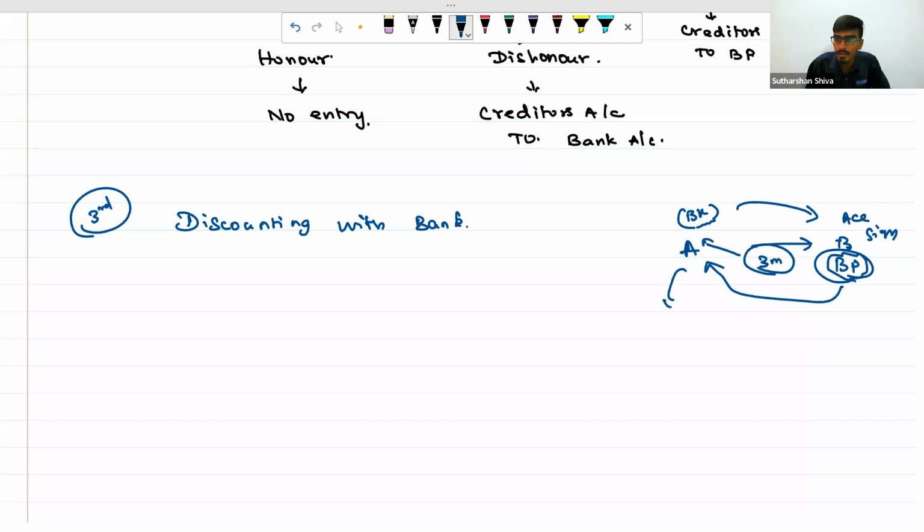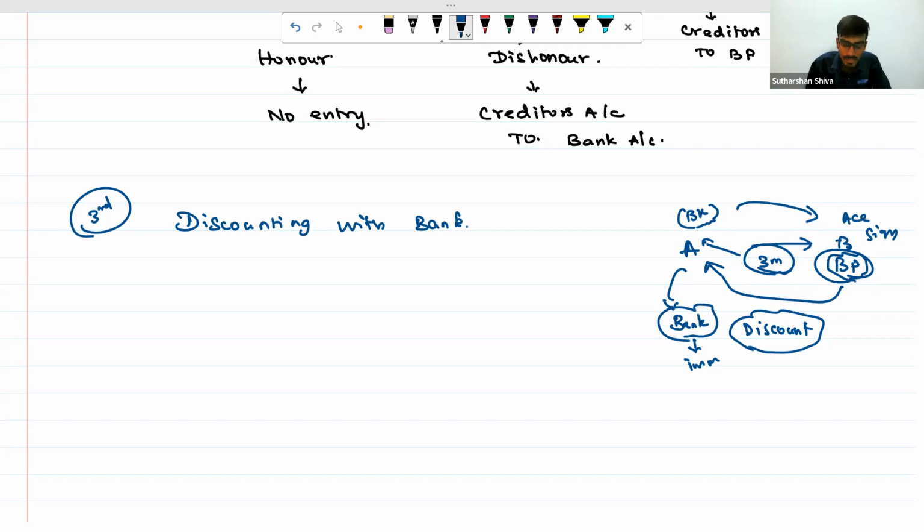What A has done is gone to a financial intermediary like a bank. He asks the bank, I need a payment immediately, or after 1 month he goes to the bank, I need my payment. The bank will say, you have a 3 months credit period, sir. There are 2 more months remaining. For those 2 more months, we will deduct some percentage as a discount. You are asking for the money immediately, but the actual due is after 2 months. What I will do is deduct some amount as my discount and repay you the remaining balance.